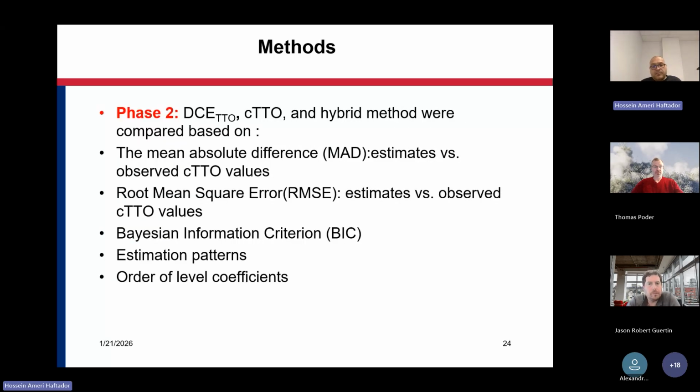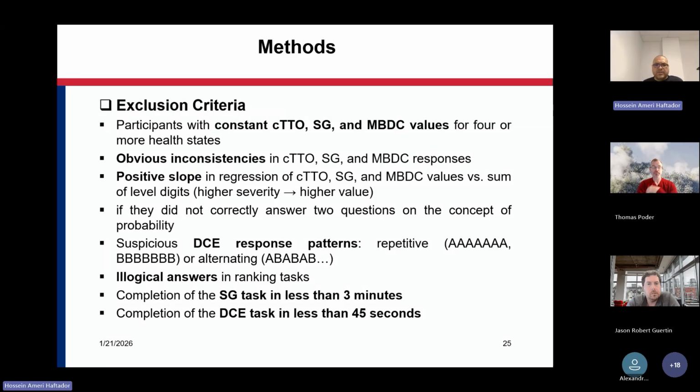In phase 2, we compared DCE, TTO, and the hybrid model based on several measurements such as mean absolute difference, root mean square error, Bayesian measure, estimation pattern, and order of level coefficients. We excluded